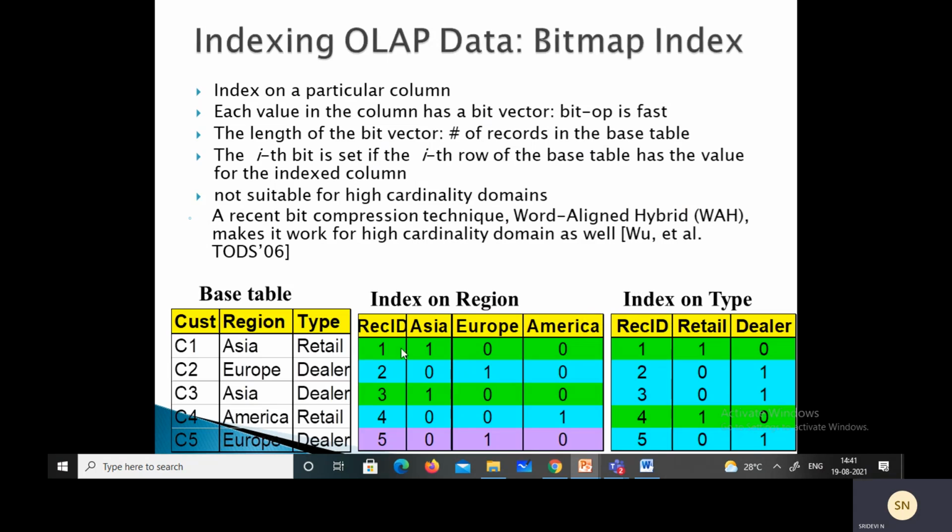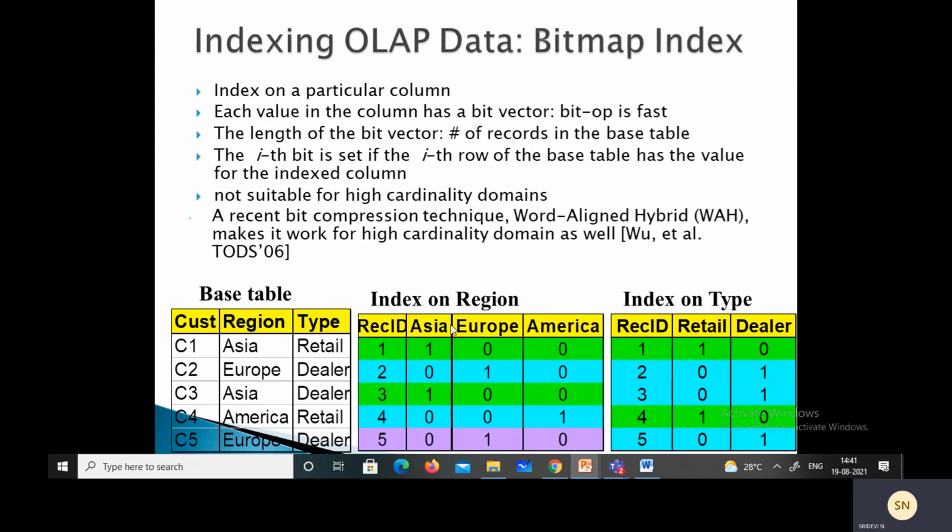Here we have record ID and different regions. If it is indexed on region, how does the bitmap indexing table look? What are the different types of region we have? We have Asia, Europe and America as 3 different regions, hence we have recorded Asia, Europe and America here.